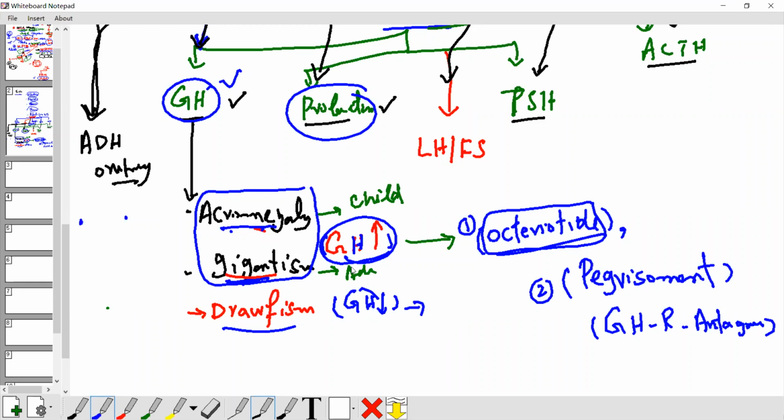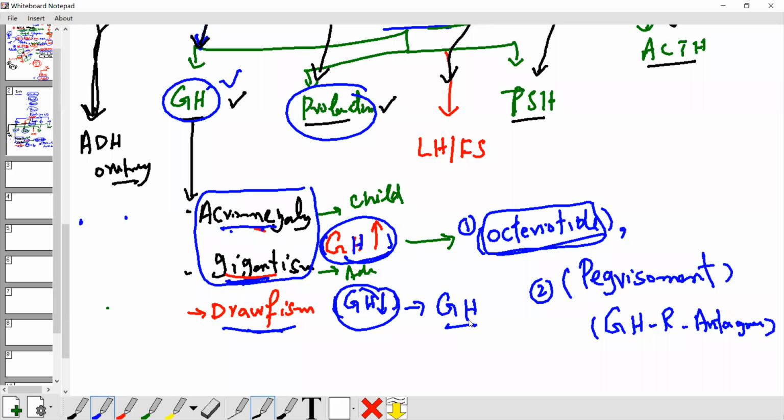The mother goes to a pediatrician first, who asks about diet and everything, and it is okay, but still the baby is not growing well. They refer to an endocrinologist, who performs the test and assesses the growth hormone level, and the growth hormone is low compared to the normal level. So the endocrinologist gives synthetic